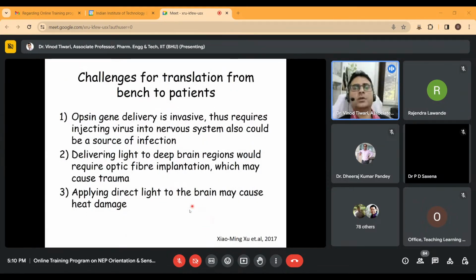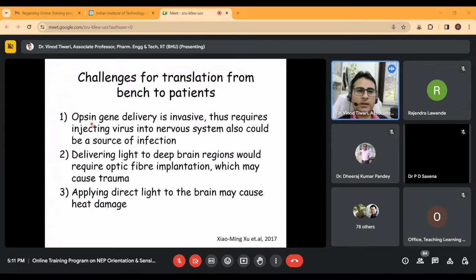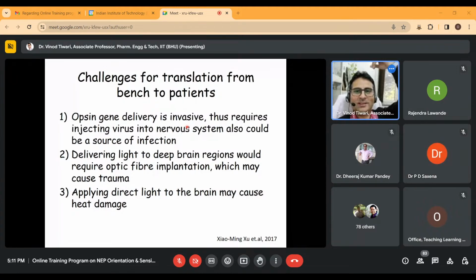But there are certain challenges for translation of this technique, optogenetics, from bench to patients. We can do it in animals, but doing it in humans is still a challenging task. Why? Because delivering the opsin gene is invasive. We have to reach the brain. In humans' brain,